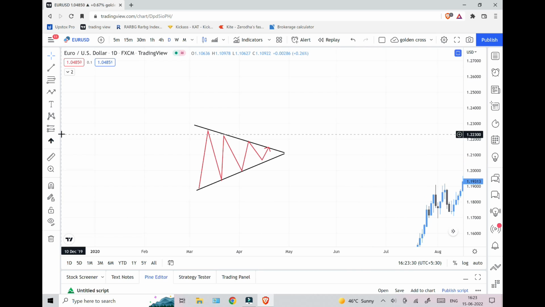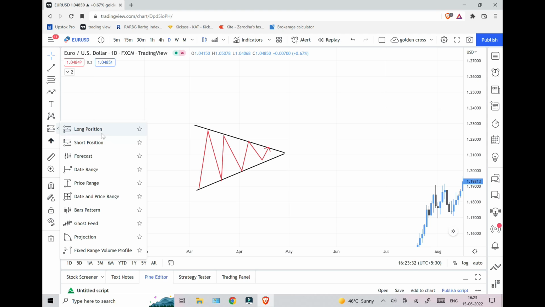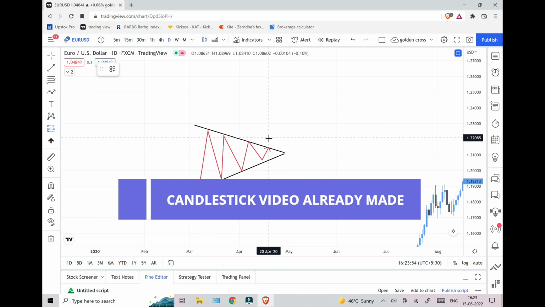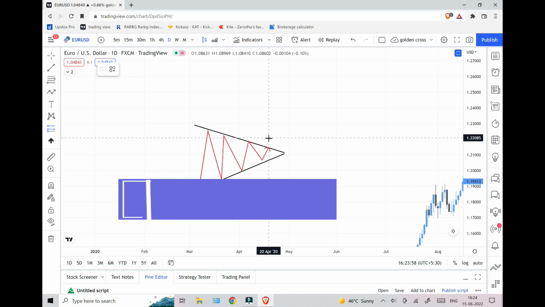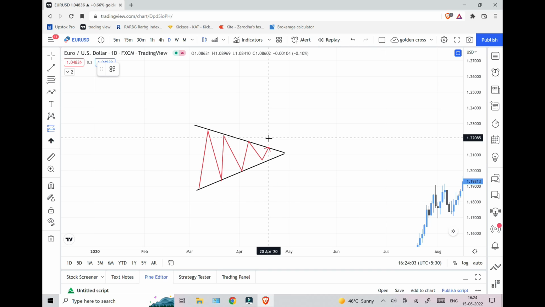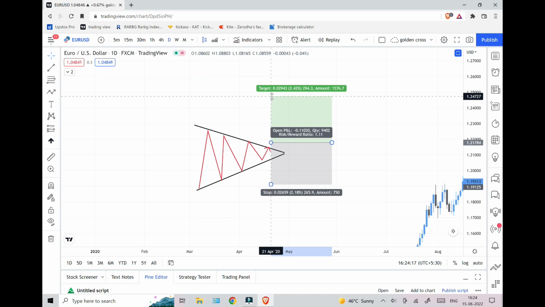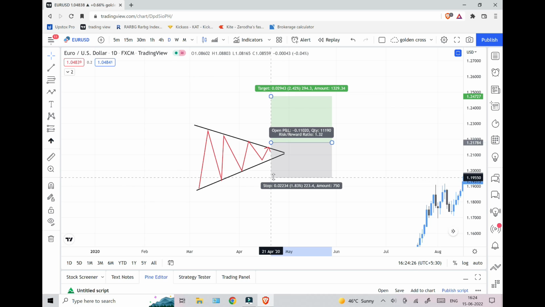Now what will be the stop loss? Suppose a triangle pattern has broken here. Now which candlesticks do you need to identify to take confirmation? Again, the video is already uploaded: bearish candlestick, bullish candlestick. Watch them both and take the confirmation with the help of the symmetrical triangle. Suppose you get a bullish candle over here and you enter at this point. Now how to take the targets, I'll make another video. Talking about the stop loss,